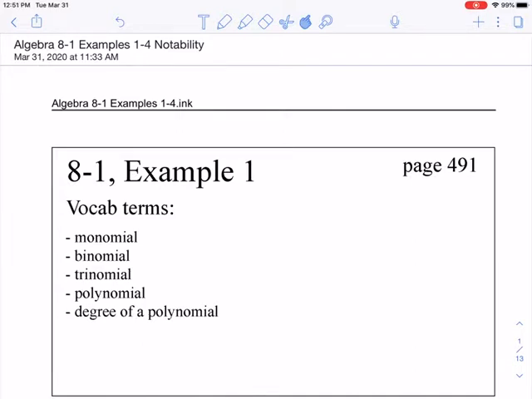And then when they talk about the degree of a polynomial, basically what that means is the highest exponent that is present in that polynomial is what the degree of it is. All right, and we'll look at a couple examples here. You'll try a few, and most of this will hopefully make some sense to you. Okay, so